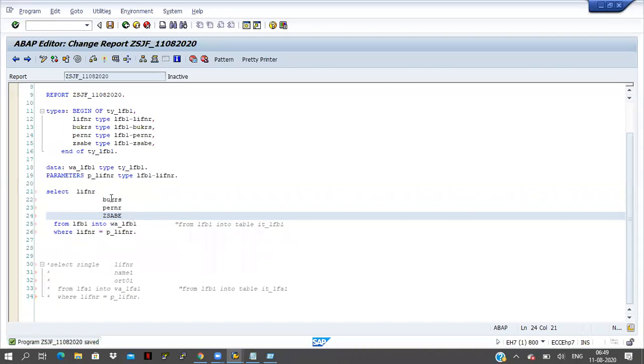Here I'm taking LFB1; this is the LFA1 table, where only the vendor number is the primary key.